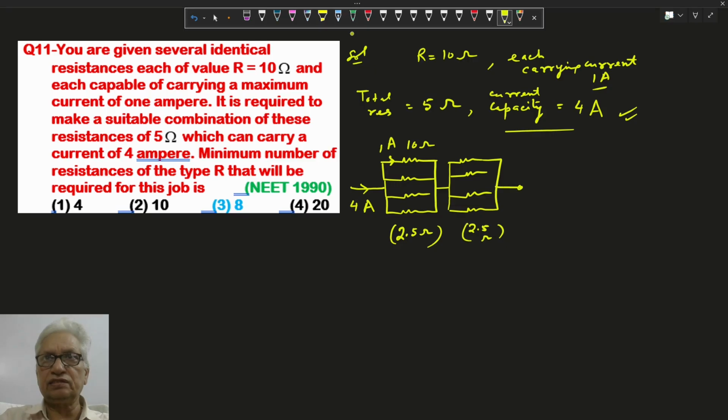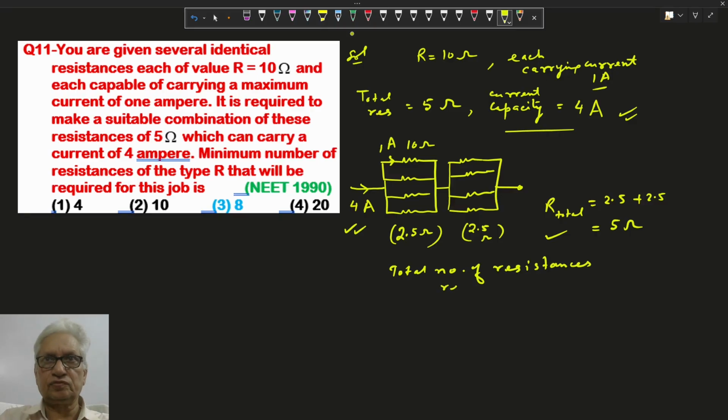The total resistance becomes 2.5 plus 2.5, which means 5 ohm, and the current carrying capacity is 4 ampere. So this is the required combination. It means the total number of resistances required to make this combination here is 4 plus 4, so the total number is 8. Option